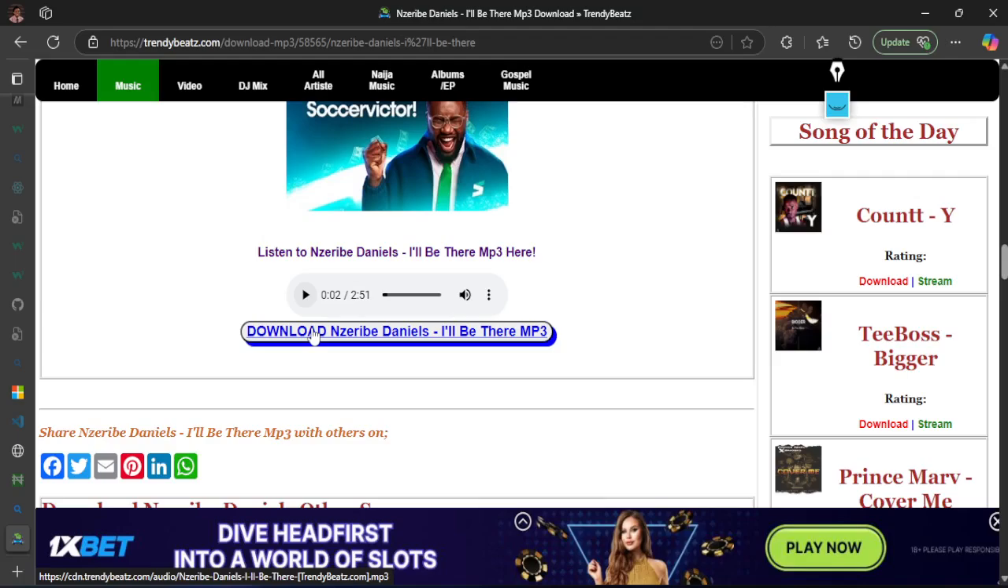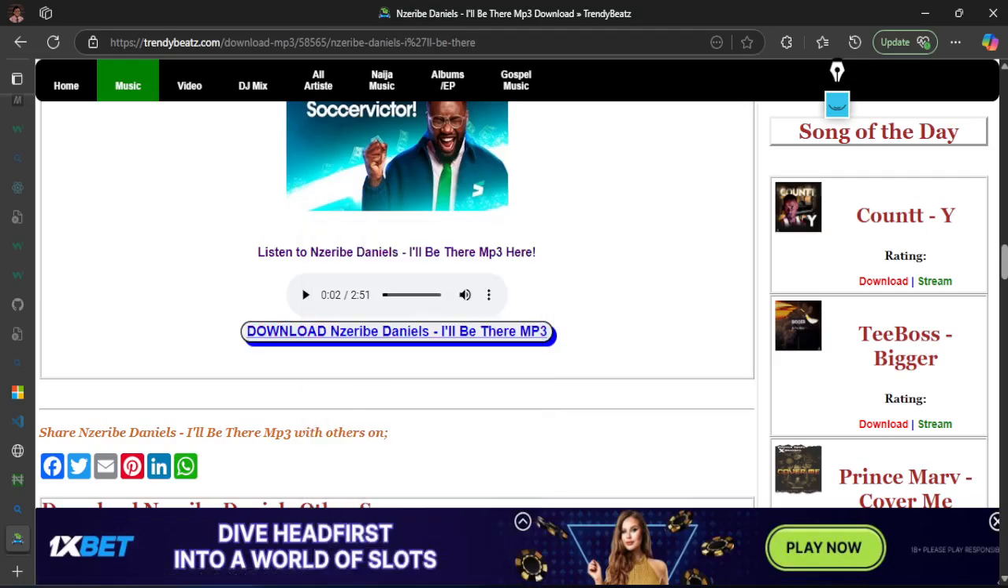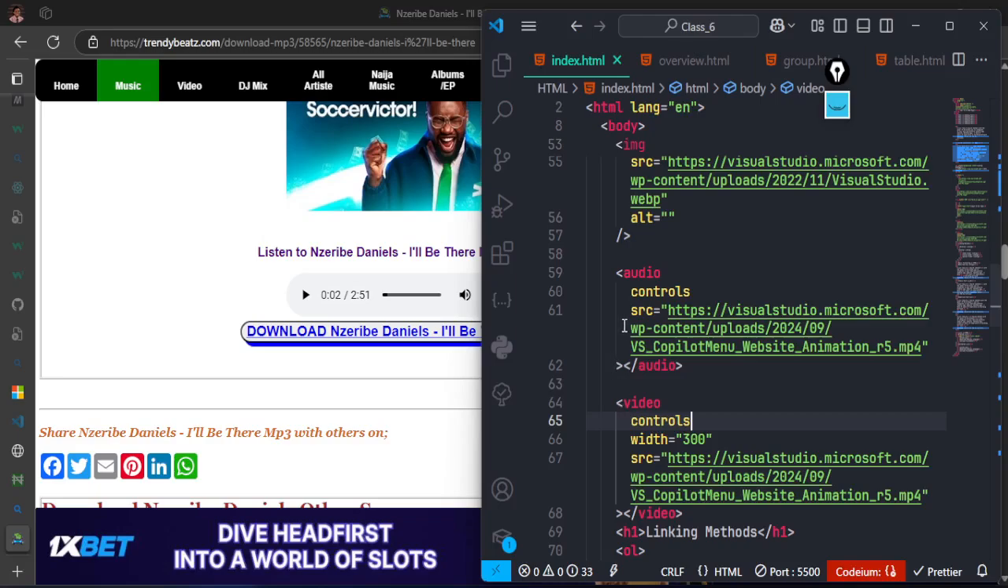You can see that's a link there, but they style it to look like a button. When we get to CSS, you'll see how to do all this. But we can just copy the link to that audio, then go back to our page. Instead of using the video for this, we can just replace it with the audio, with this MP4,